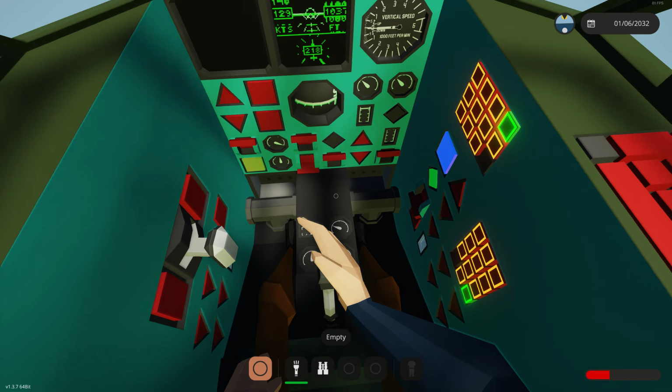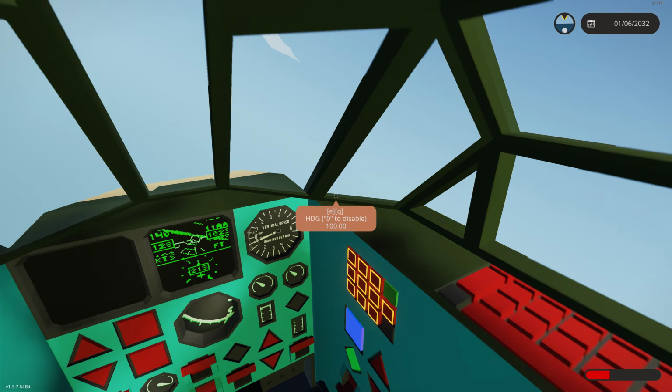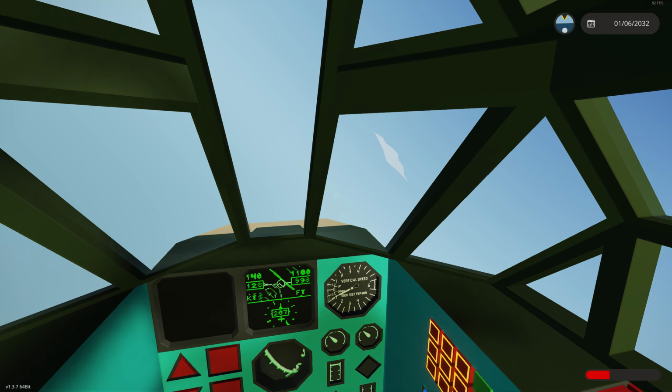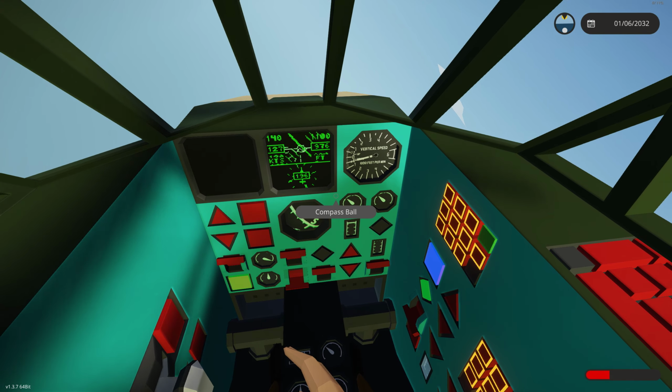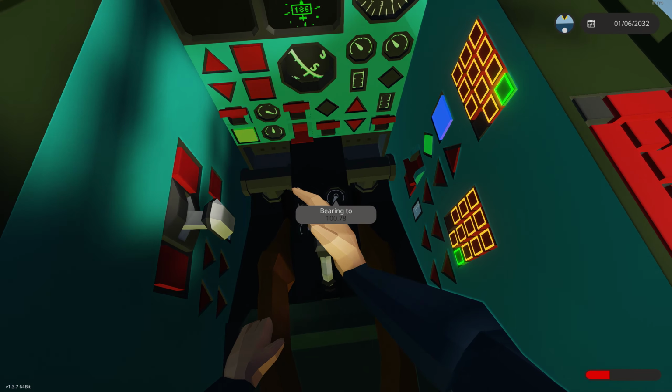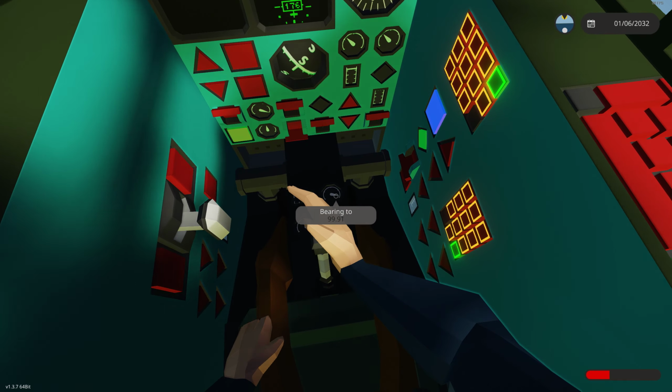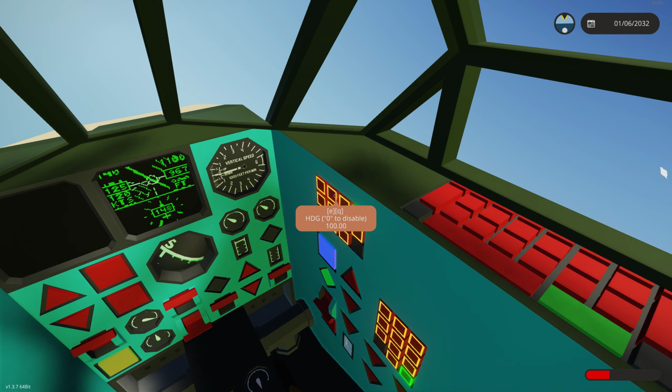So let's look at our faux ADF needle. So there's 105. So now let's type in 100 because the number's decreasing as we move away from the station. All right, so here we're turning towards the whatever this number was. So all I did was input this number into the heading hold. So we're going to turn. Now,